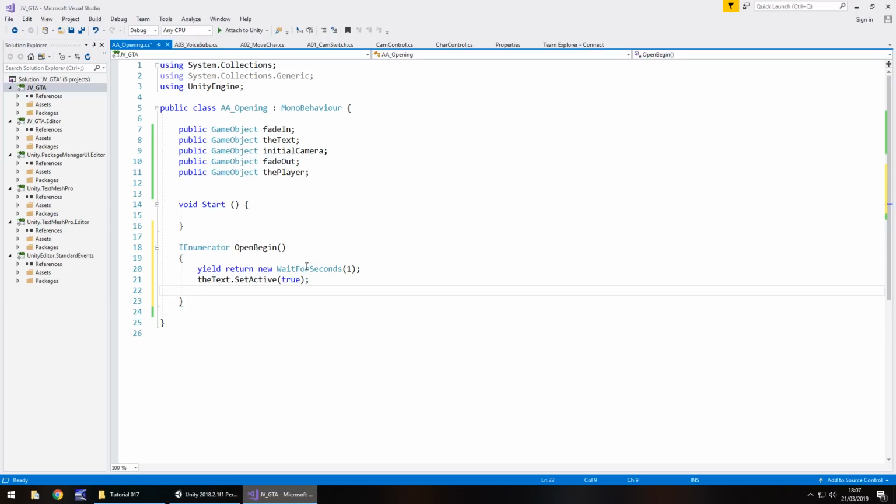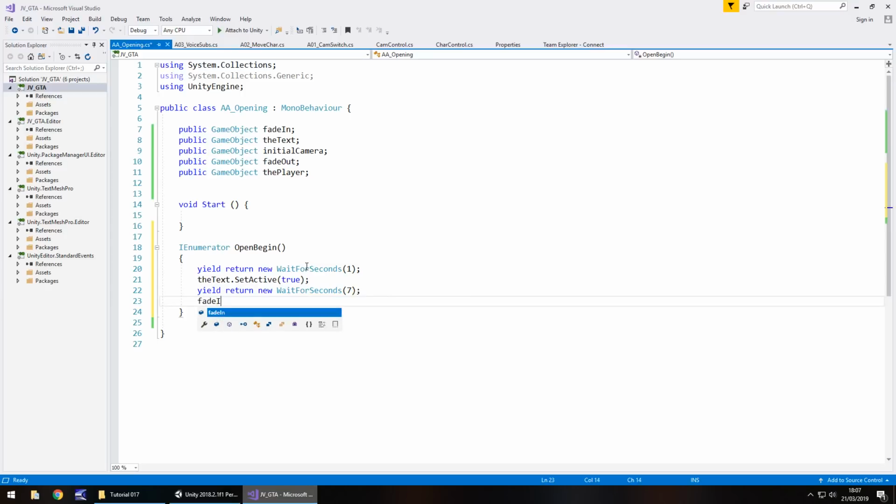Next, what we need to do is wait for just a couple of seconds. It's going to be, what, 7 in total? So yield return new WaitForSeconds(7); at which point we then need to fade in.